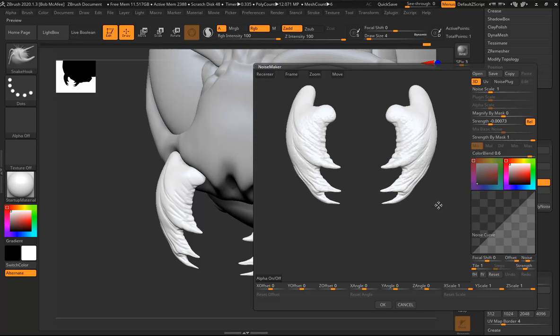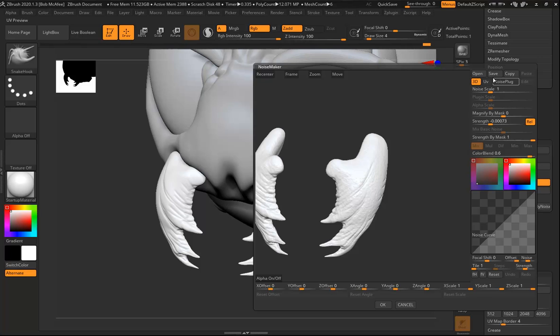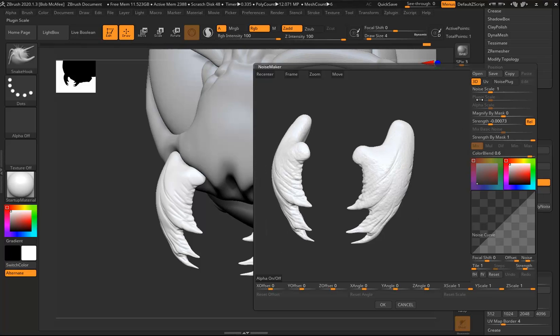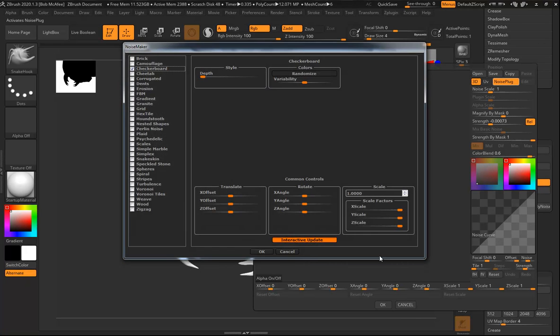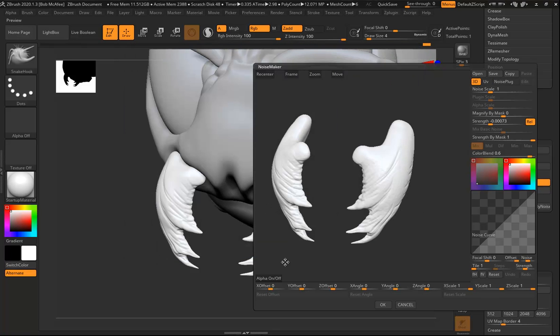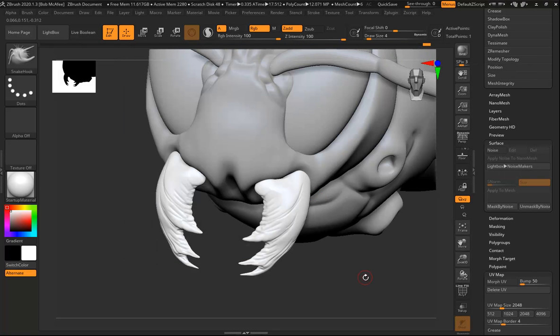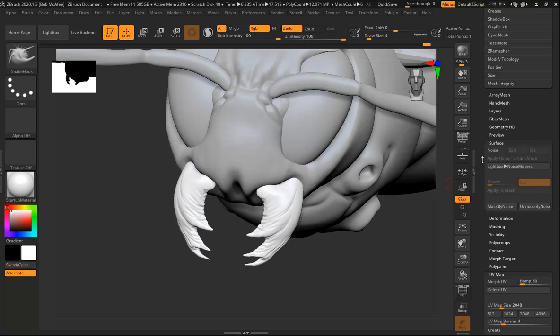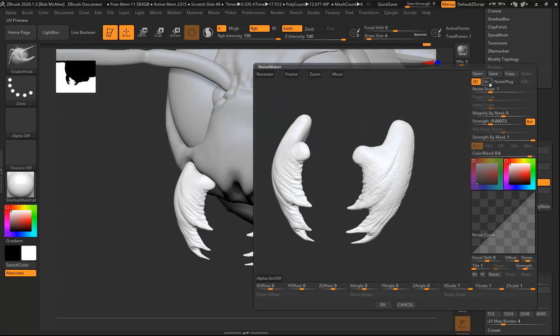So we'll see that I'm getting noise on here, but you might notice stretching on it if I start to put in something like the noise plugin or something like that. So before I actually use this, I'm just going to lay out the UVs. You might even notice that here there's 3D and then there's UV noise here. So